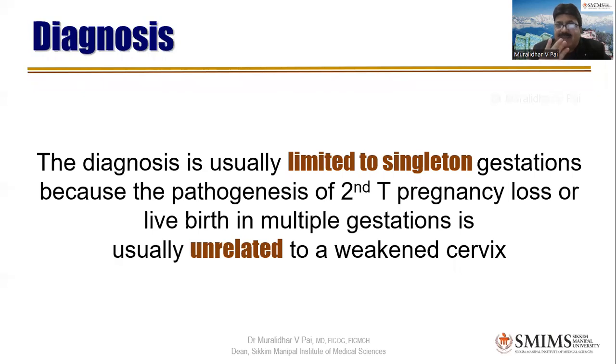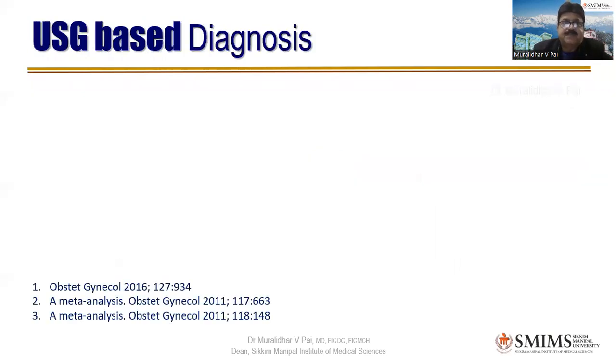So anyway, I don't want to divulge much there. I will take a class on that some other time. But today you realize that in multiple pregnancy, in polyhydramnios, and in big babies, the cervix failing is not because of cervical insufficiency per se. It may be because of additional factors. That is the meaning of this particular slide. I hope I'm clear about that.